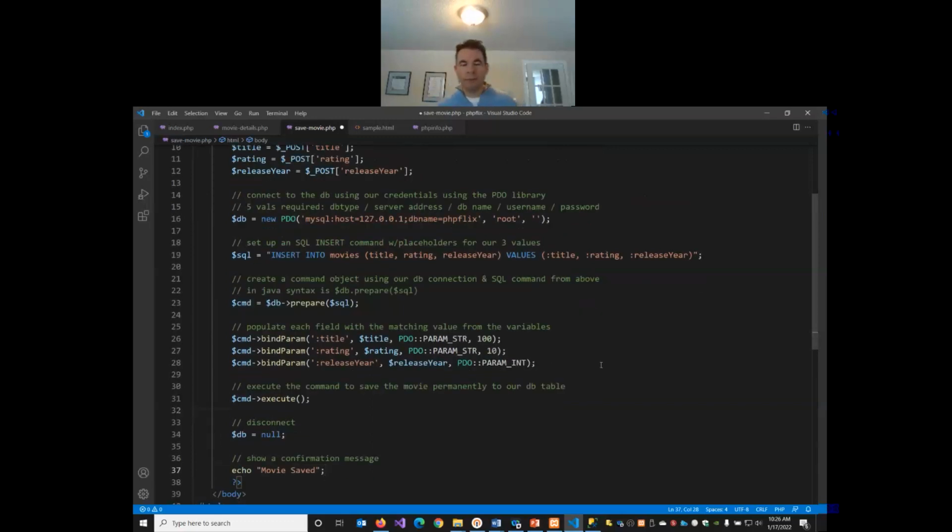We will go and try this out. If it works, our page should say movie saved, and then we can go and check the database in the phpMyAdmin site, and we should see a movie. Okay,